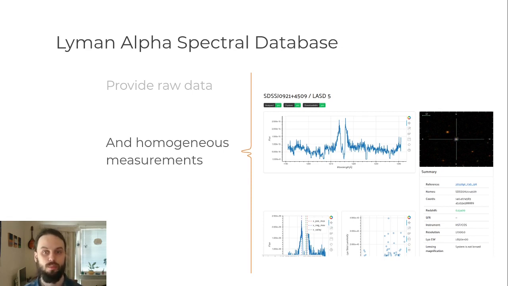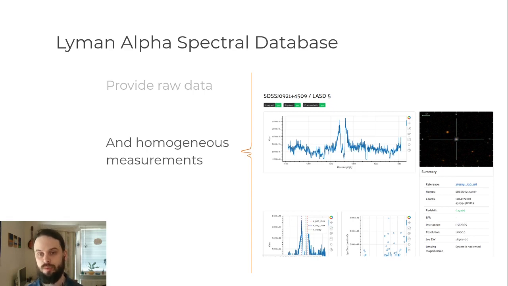For instance, the velocity shifts of the peaks and the luminosities and things like that, so that people could easily compare their different data. So we provided this at lyman-alpha.com. You can see the database and you can go and browse through almost 340 galaxies, and where we have